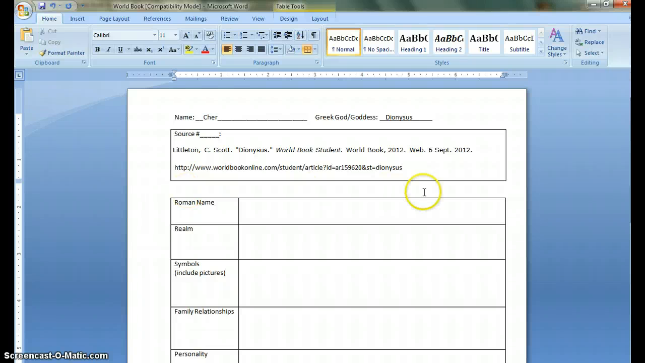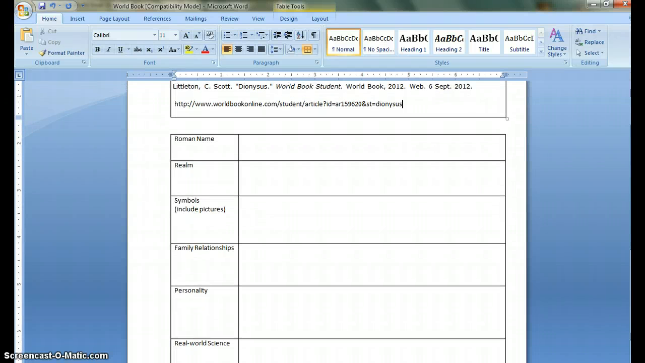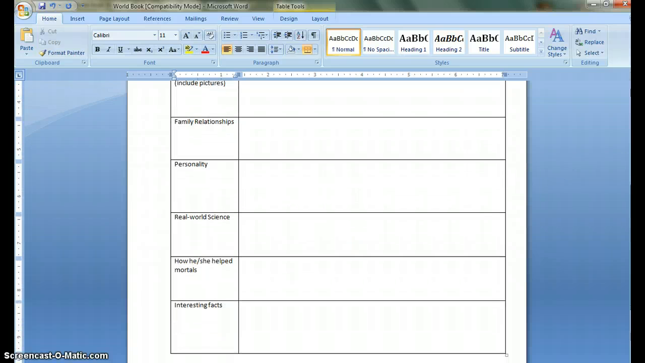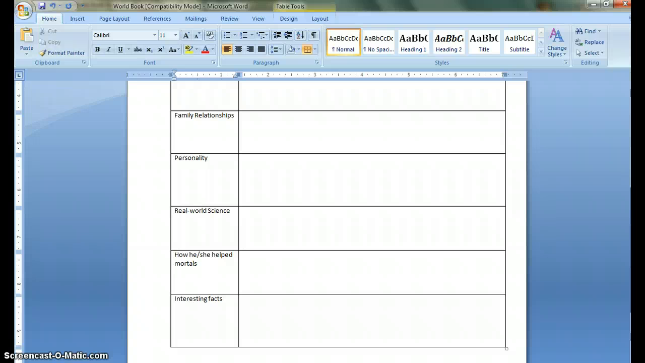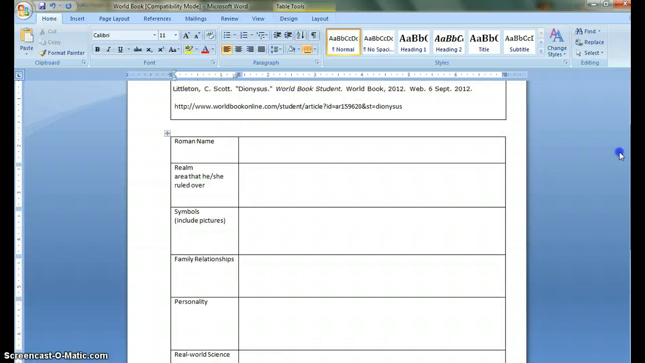cited. So some of the things we need to find are the Dionysus, or your God's Roman name, the realm, which is the area that he or she ruled over, any symbols that are associated with your God, and if there are pictures that help us associate that God or recognize him, we could include those here. Family relationships, personality, real-world science, applications, how he or she helped mortals, or anything interesting that we happen to find